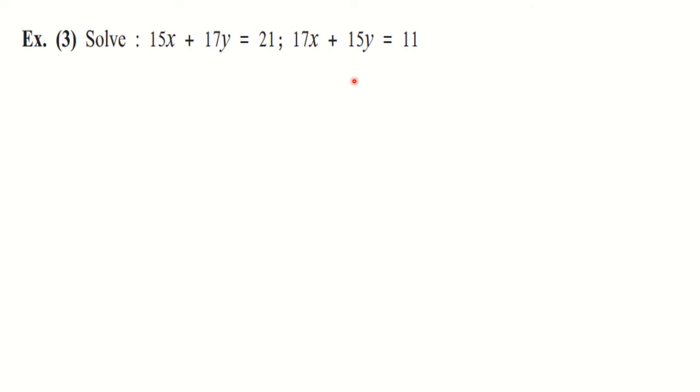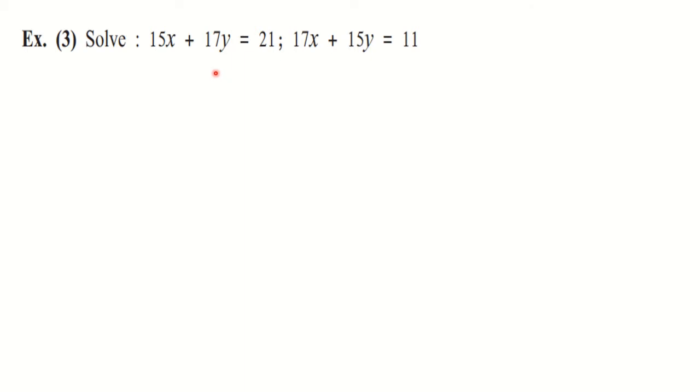Now we have studied two methods. The first method is the elimination method, where we eliminate one variable by equating the coefficients. Here, if we try to equate any one coefficient, we have to multiply the first equation by 17 and the second equation by 15, which will be difficult for us. We will get very big numbers and it will be time consuming also. Similarly, for substitution also, we will get very big expressions. If you try to express x in the form of y, you will get a very big number. So those methods are not helpful here.